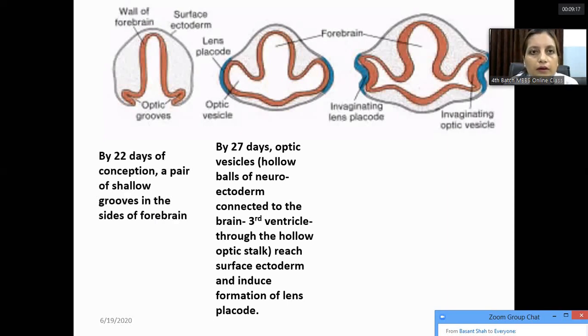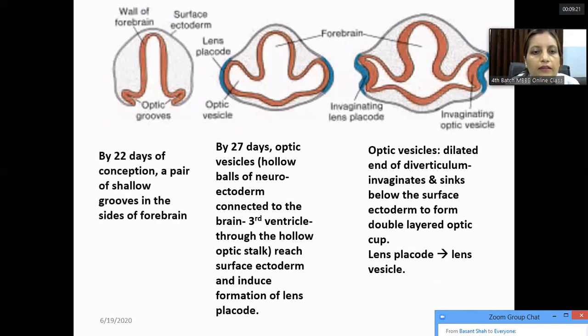So coming here, you will see in the picture, by the 22 days of conception, the pair of shallow grooves in the side of the forebrain. So there is a little bit of groove over here on both sides of this forebrain, and by the 22 days this groove is formed, and by 27 days the optic vesicle